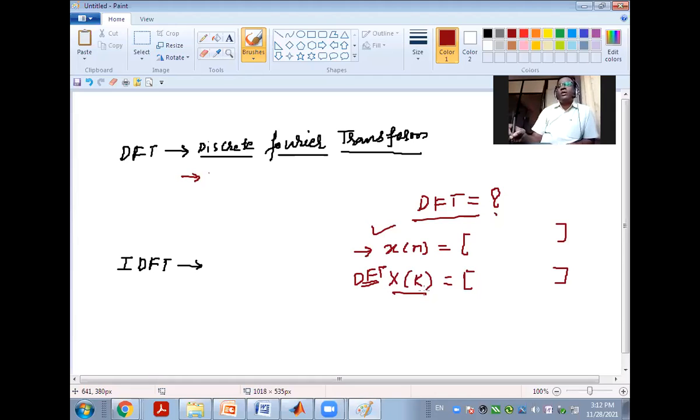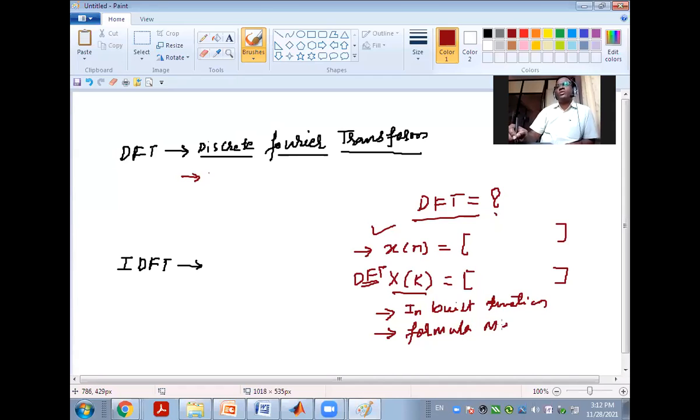Now this can be solved by using an inbuilt function, or we can calculate it by the formula method.